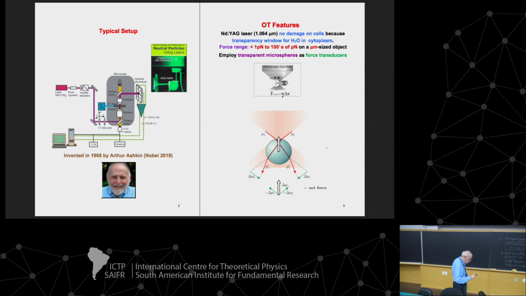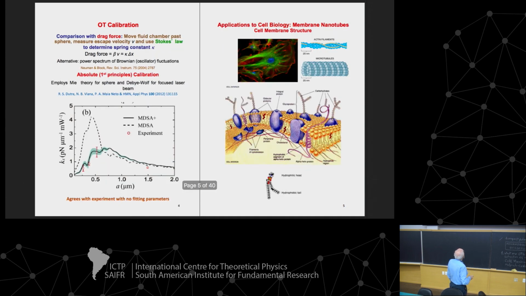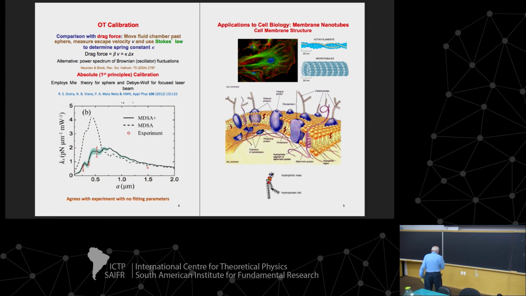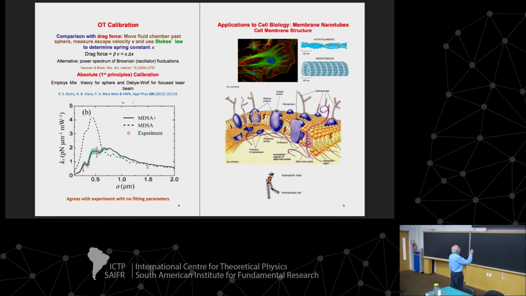All right. Now, in order that you can compute the force, you need to determine the spring constant of the beam, which is called here kappa. Well, I'm using this notation later for a different thing, but okay. So how do you calibrate? Well, you can do it experimentally